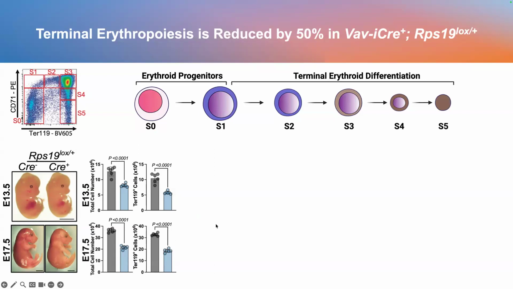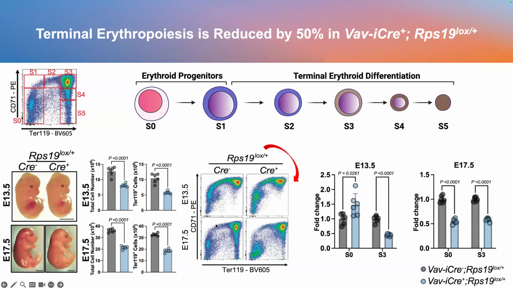So what is happening in terms of erythropoiesis? Well, you read that clockwise, okay, for E13 and a half, E17 and a half. And what we observed, we noticed already an accumulation of the S0 S1, okay, that is even more dramatic at 17 and a half. Now, if you express them as a fold change, you have this increase, 13 and a half, but strikingly, what we did not understand at first is why we had a decrease at 17 and a half